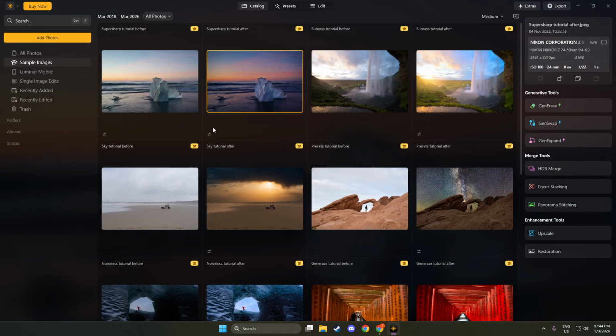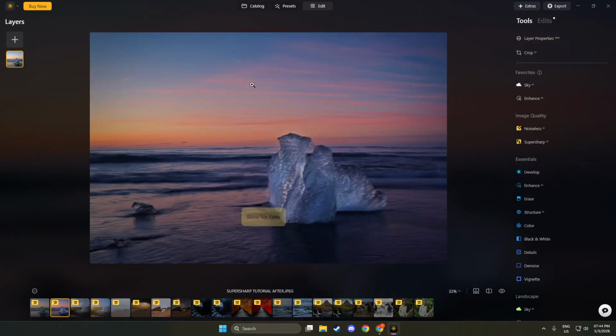First, open Luminar Neo. Once it loads, go straight to the Edit workspace. You can click the Edit button or tap the E key on your keyboard as a shortcut. Choose the photo you want to work on from your catalog. Double-clicking it will bring it into the editor so you can see it large and ready for adjustments. Having the image open in Edit ensures every tool you need is right at your fingertips.